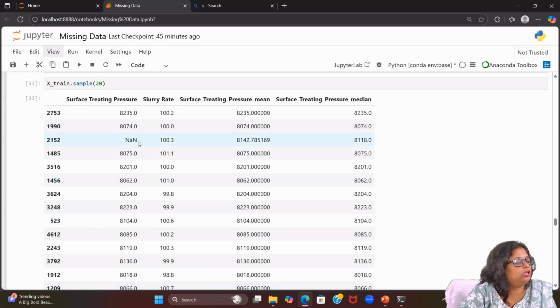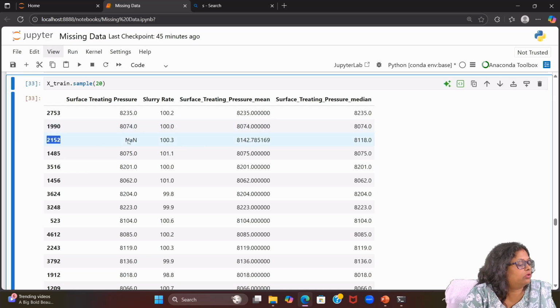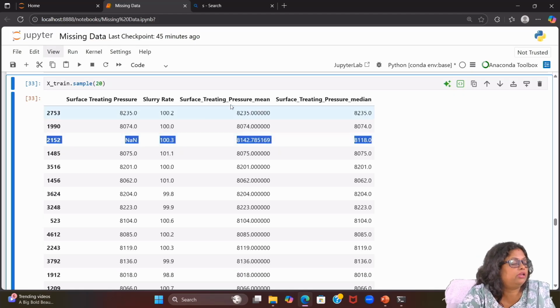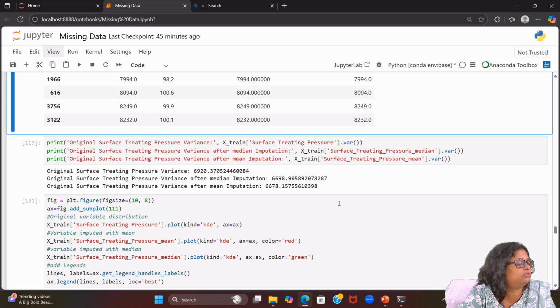Okay. So here was the null value. So what you can see here, it is a null value. We can see in the record 2152. So this null value was replaced with the mean and then median. Okay. So you see this column. Okay. So this is the column I am talking about. Okay. So like that we will have so many missing values and they will be getting replaced by the mean and median. Okay. So this is the one activity we have done.